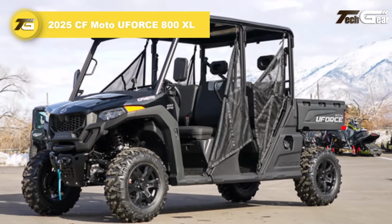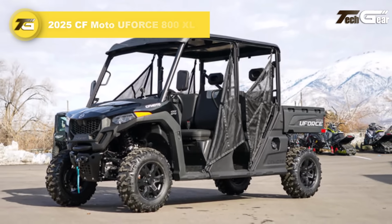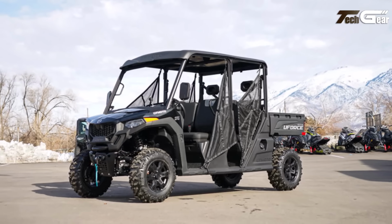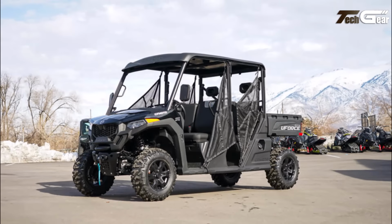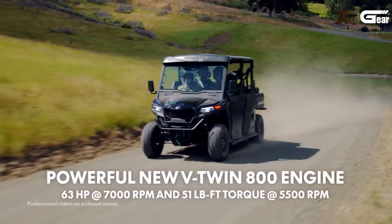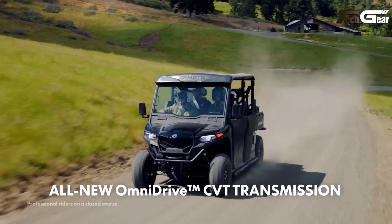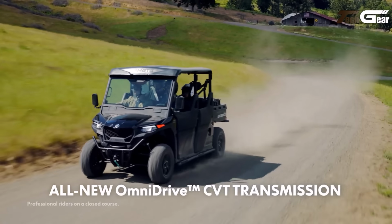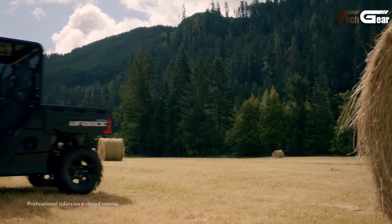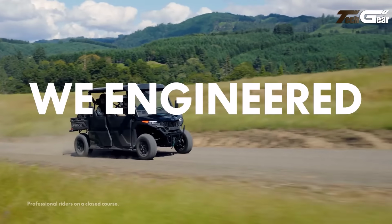2025 CFMoto UFORCE 800 XL. The 2025 CFMoto UFORCE 800 XL is a rugged side-by-side engineered for serious off-road adventures. It is powered by an 800cc liquid-cooled 4-stroke DOHC engine that produces around 50 horsepower, paired with an automatic transmission for smooth power delivery. The robust chassis features 4-wheel hydraulic disc brakes, responsive suspension, and a durable frame, ensuring exceptional